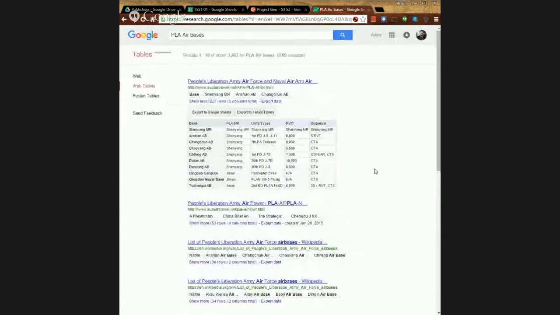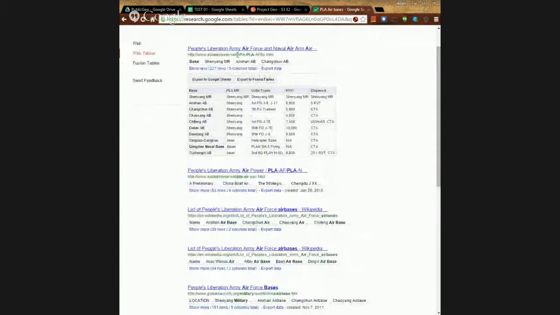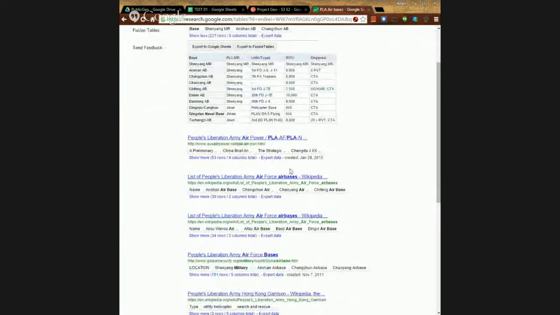All right, so there's tons of listings here. Notice that some of these are just the general web scraping of web tables. Some of these come from sites like airpower.net. So it's not formal military, but more hobbyist and enthusiast websites that list a lot of these things. Here's one that I like, because it has a list of air bases and it has a list of coordinates, which is exactly what we're looking for. So let's export this data